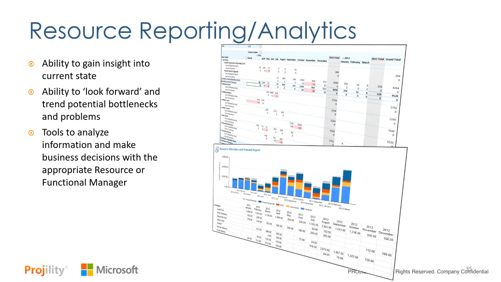So the great thing here is that once we have all this data, we can do lots of analytics and reporting. Analytics can give us insight into the current state of information. On the right side, you see a chart that's got a spreadsheet driven from the project management system that shows planned and actual work by resource over a period of time. And we can start to identify anomalies or areas where you have people that are in the red